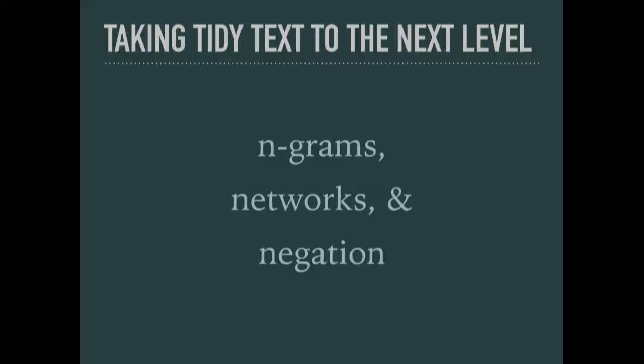All right, so before I wrap up, I want to talk about 2 kinds of extensions that we can make of taking this approach of using tidy data principles for text. One is looking at n-grams, networks, and negation. So we've mostly been talking about looking at just things at the word level, but there are many different kinds of units of text that you might be interested in. N-grams talks about looking at multiple combinations of words, like 2 words at a time, or 3 words at a time. If you look at n-grams, you can look at networks of words and how words are connected together.